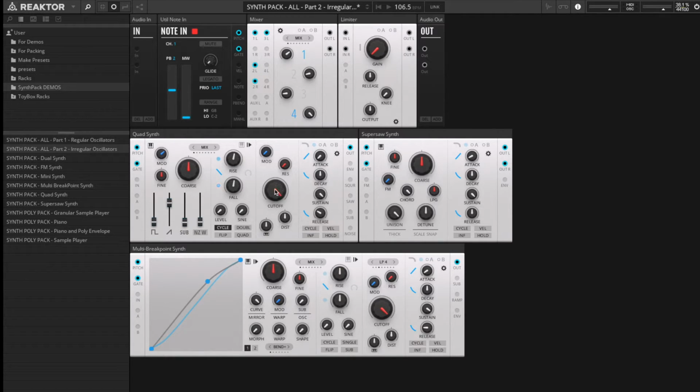After that is the squelch filter added in from the designer's pack. Let's get rid of that modulation. Very characterful, resonant filter. Yeah, quite enjoy that. And of course, at the end, we have a regular amplitude envelope here,